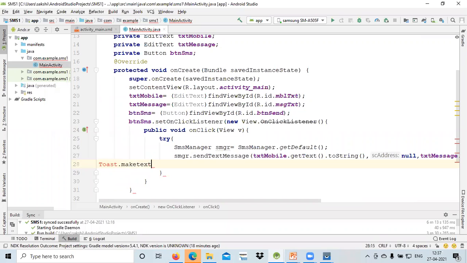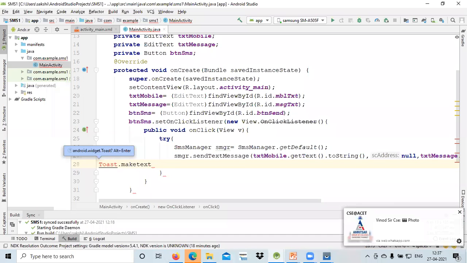Okay, I hope that you remember the code for this particular thing. So here we will pass that message over here, that is from the main activity